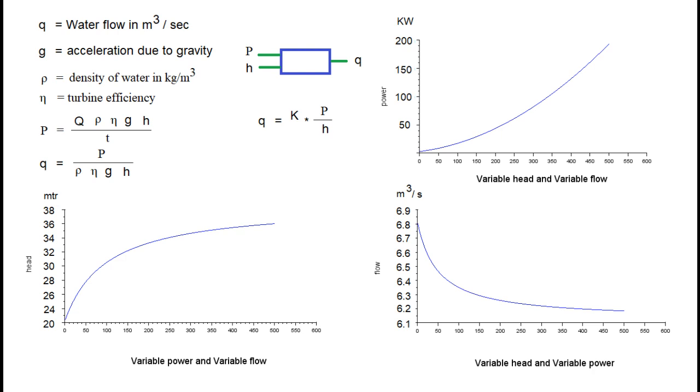The three graphs that we see on the slide are reference graphs for a power station generating 200 kilowatts of electric power. The maximum head that the power station uses is 33 meters and maximum flow rate used is 6 cubic meters per second. These numbers show interdependence on one another but do not give information about how many units of electric energy the power station is ready to supply.